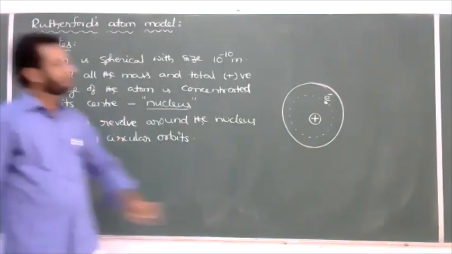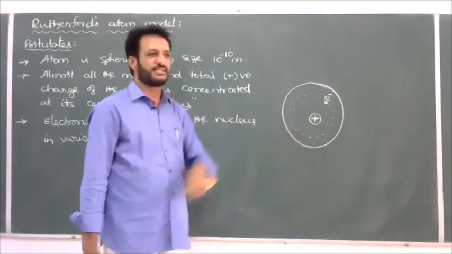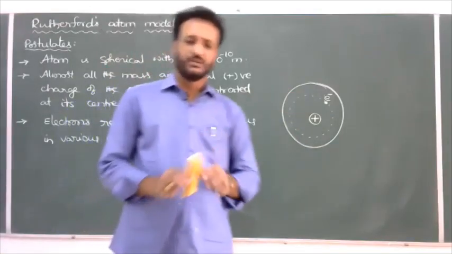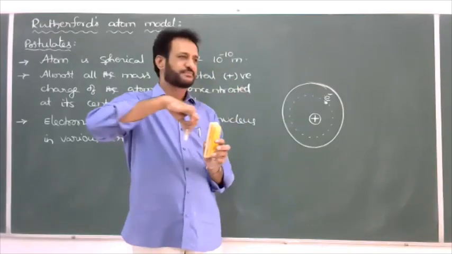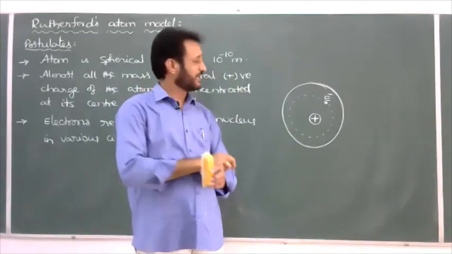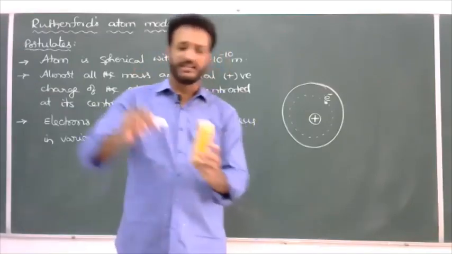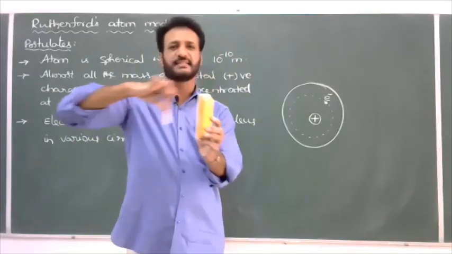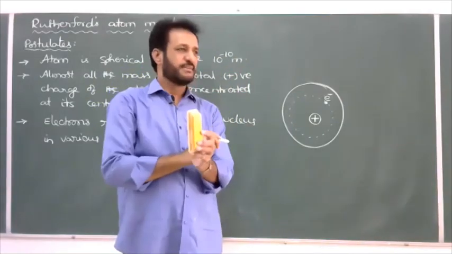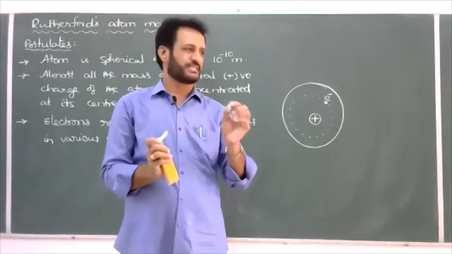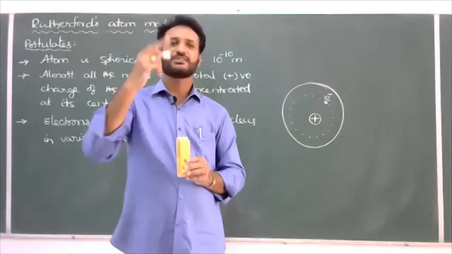But why are electrons revolving only in circular orbits? For that also he gave one reason. For any particle to move in a circular path, which force is responsible? Centripetal force. In first year we have the circular motion concept, like planets or whatever. Whenever a particle moves in a circular path, the necessary force required is the centripetal force. But centripetal is a pseudo force, a false force. By its own, it will not be created, so something has to provide that force.